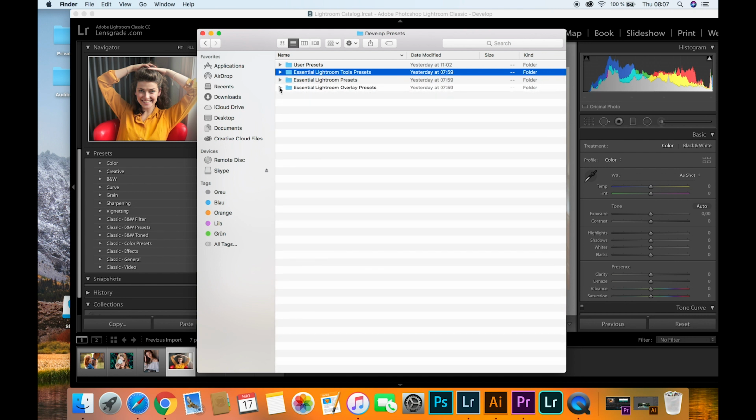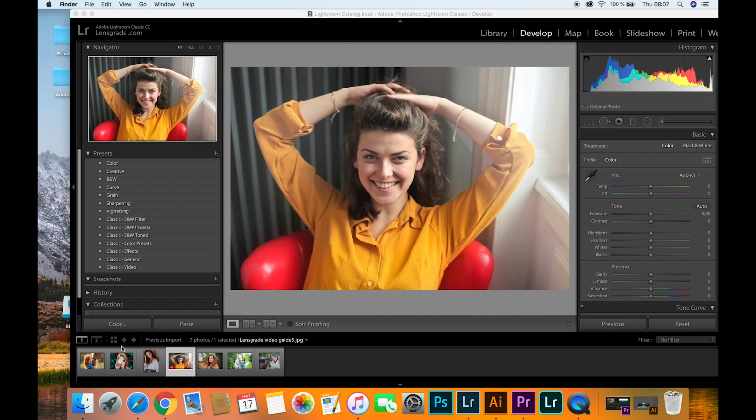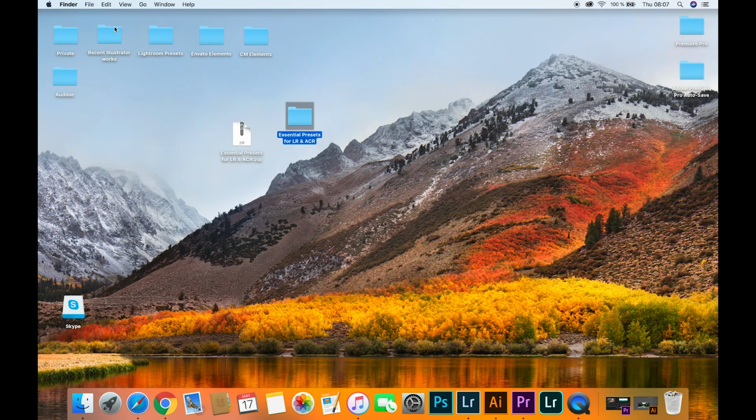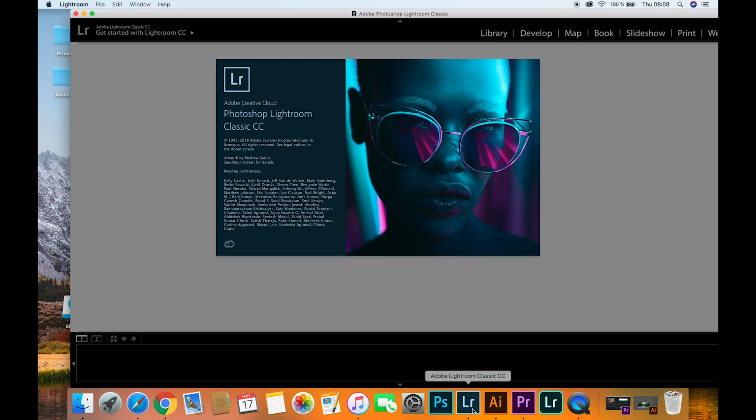Alright, now that we have checked it and we found out that everything is okay, we can close this window again, and we can close all the other windows as well. And you can see that the presets won't appear in Lightroom right away, so we have to restart Lightroom to use them. So just click the close icon right here, and then reopen Lightroom again, wait a couple of seconds,